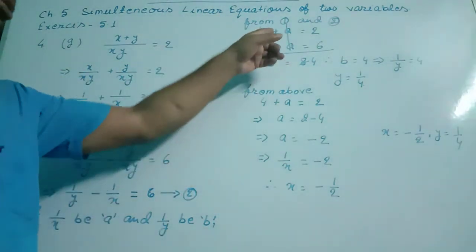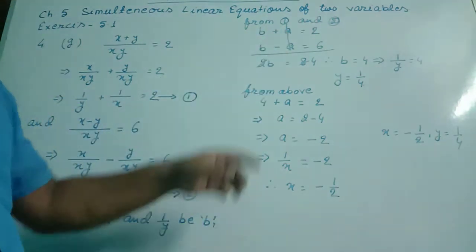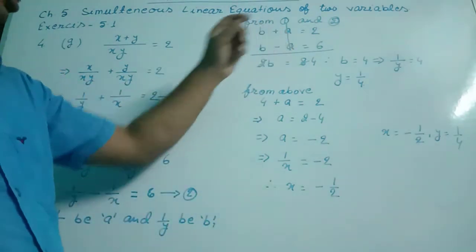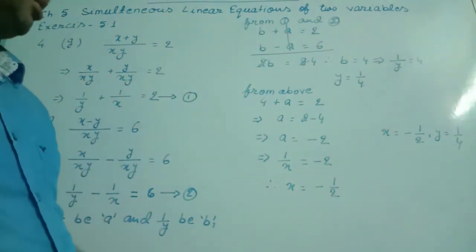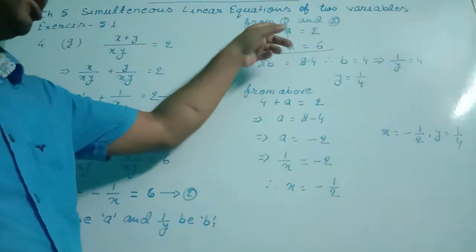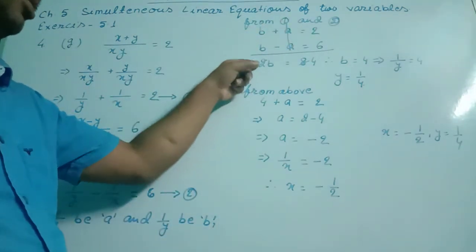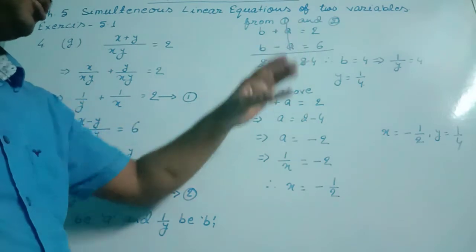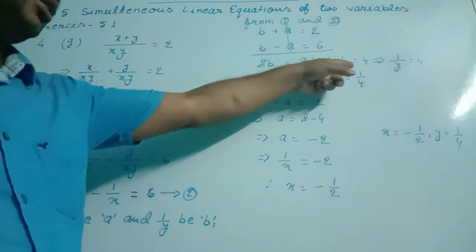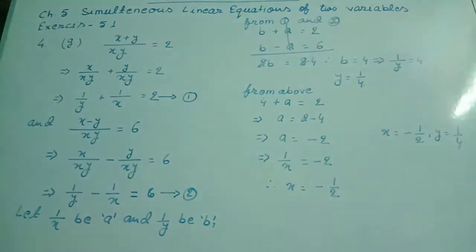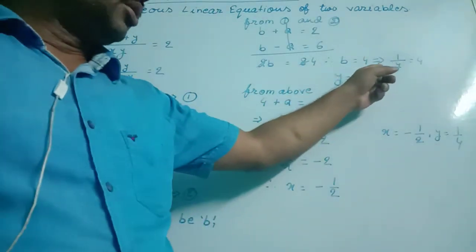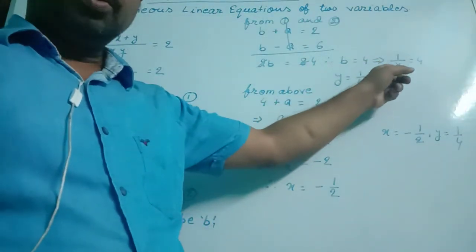Adding these two equations, because we already have the opposite signs of variable a, plus minus cancelled, b plus b equal to 2b, 6 plus 2 is 8, so b equal to 8 by 2, b equal to 4,